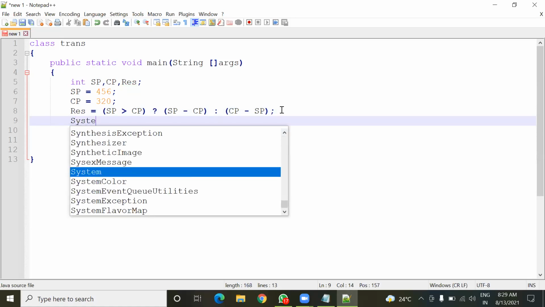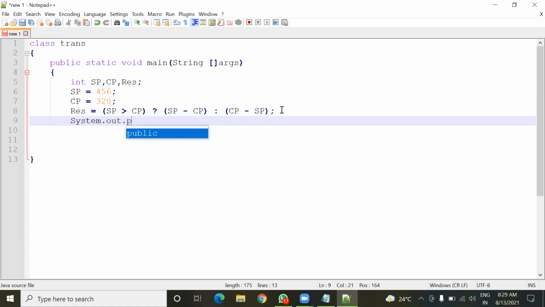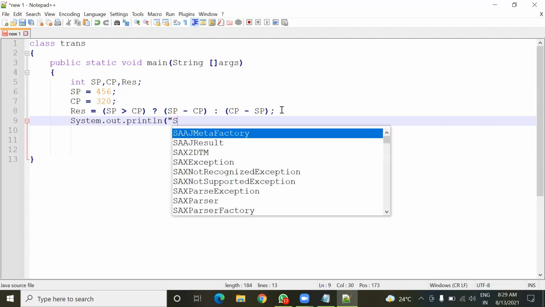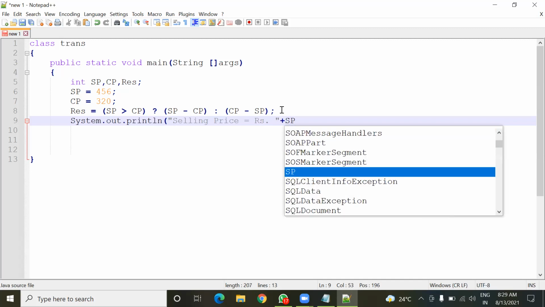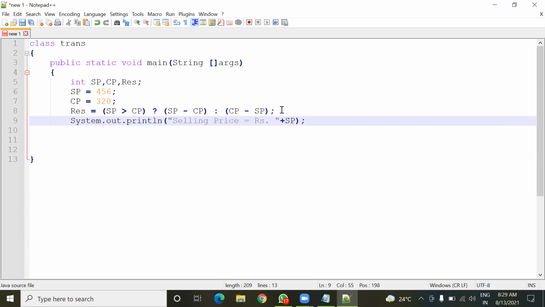So I'll use System.out.println, and here I'll give the value of sp and cp: selling price equals to rupees, and this will be the message, and this message will be joined with the value stored in the sp variable.